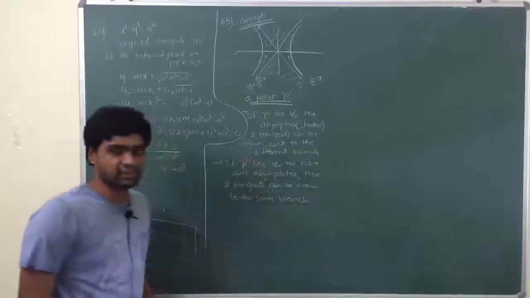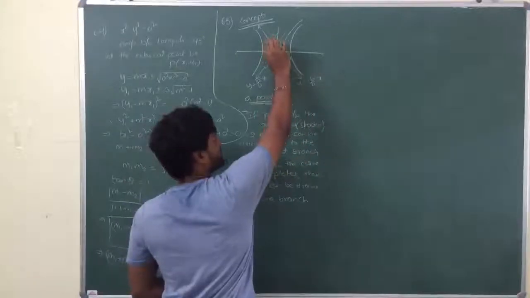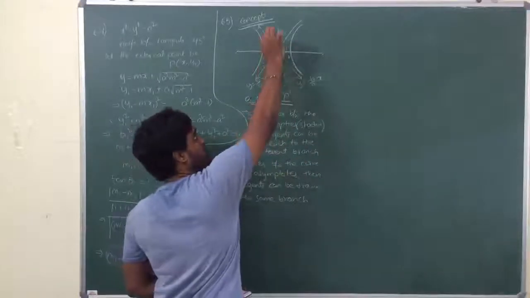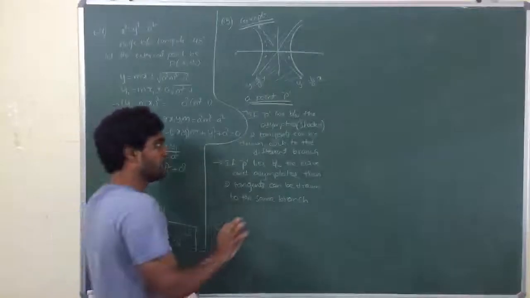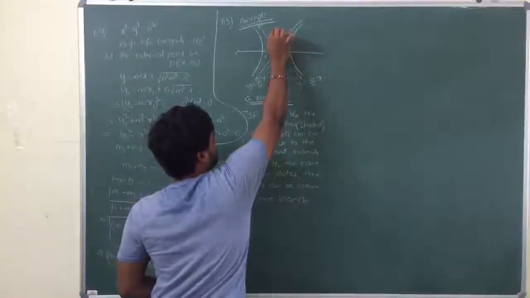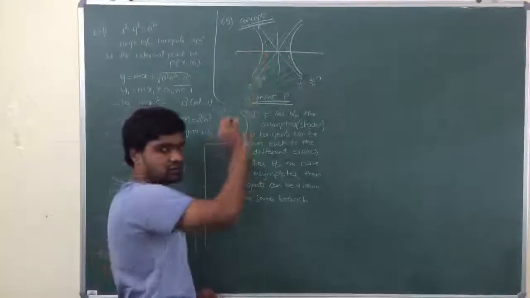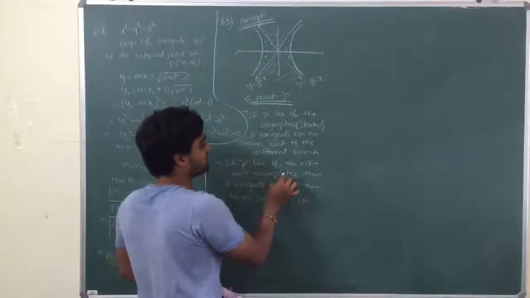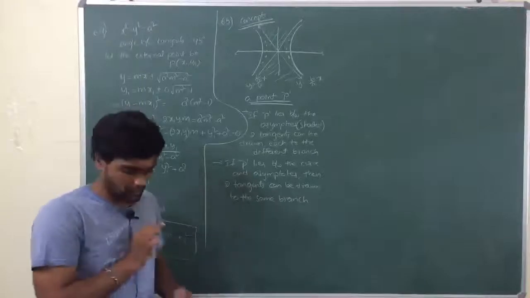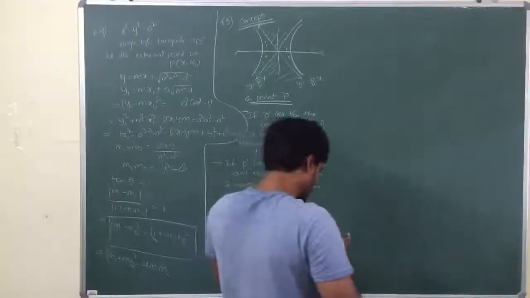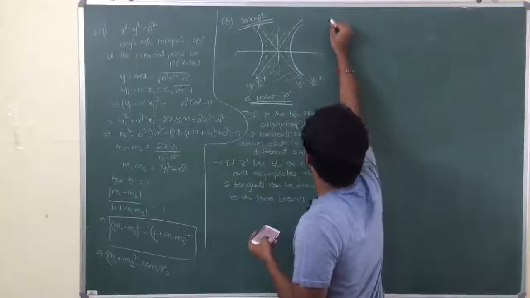Did you understand the difference here? Wherever the point is, whether between the curve and asymptotes or between the asymptotes, two tangents can be drawn. That is a fixed point. If P lies between the asymptotes, this region or this region, two tangents can be drawn, each to a different branch. If the point P lies between the curve and the asymptotes, then two tangents can be drawn to the same branch. Remember that point. Using that concept, now we'll solve the 65th one.